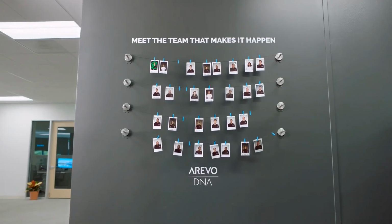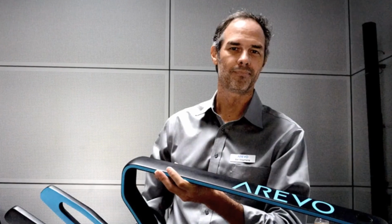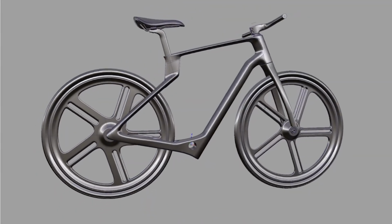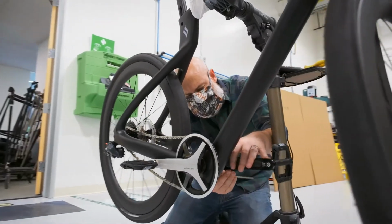Hi, I'm Sunny Vu, CEO for Superstrata. To make the Superstrata possible, we've brought together an incredible team of materials specialists, scientists, engineers, designers. Our designer, Bill Stevens, he's an award-winning designer who's designed bikes like the ones that have won the Tour de France. Our team has shipped millions of units of products in the past, so I am confident we can deliver